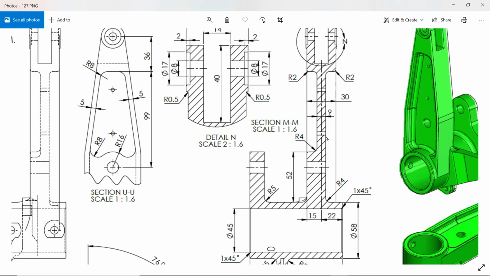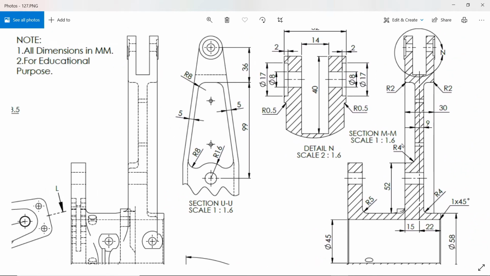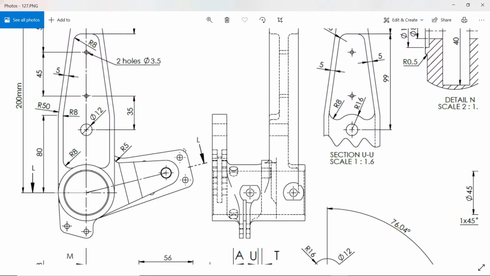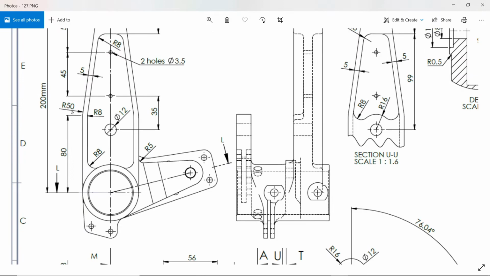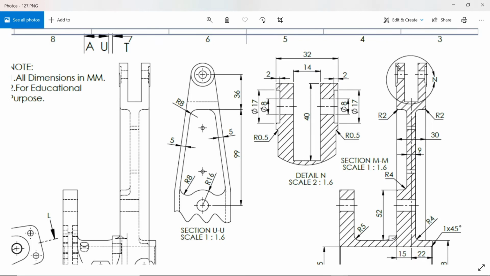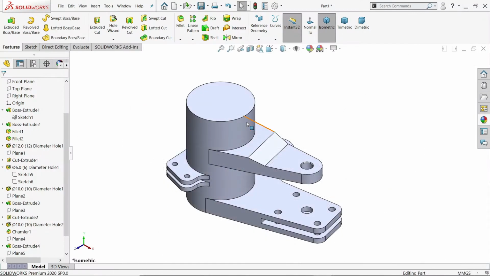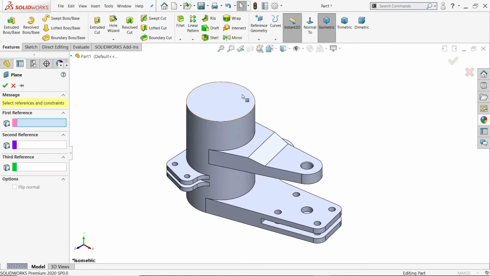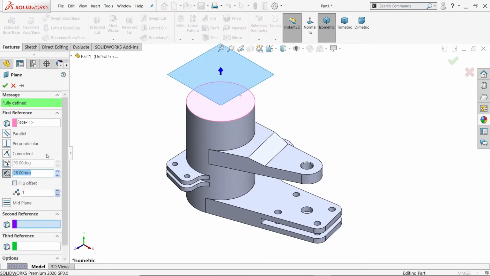Then this corner fillet, you will see R50. Then there is one inside, there is a cutout 14 millimeter, 40 millimeter. This is the main cutout. These things we will do. So activate plane, select this 22 millimeter, make offset,